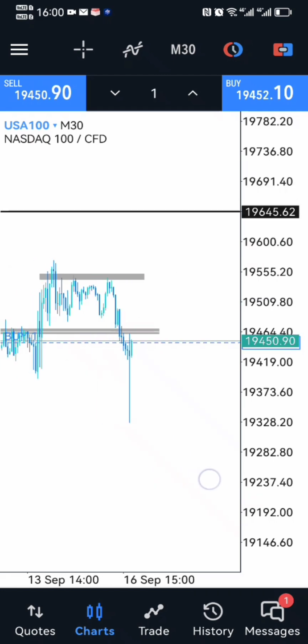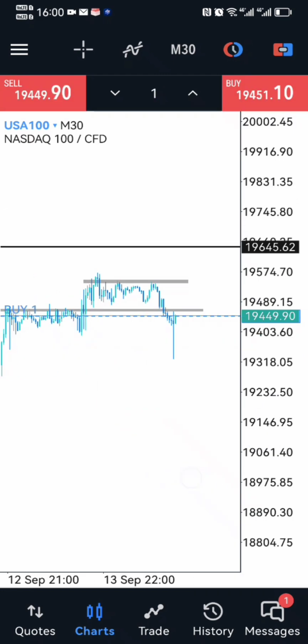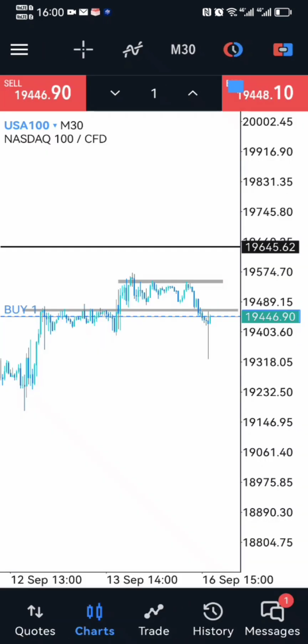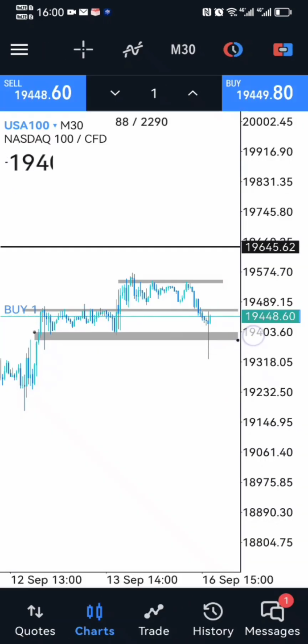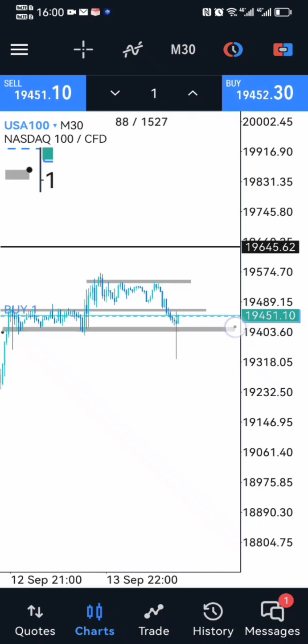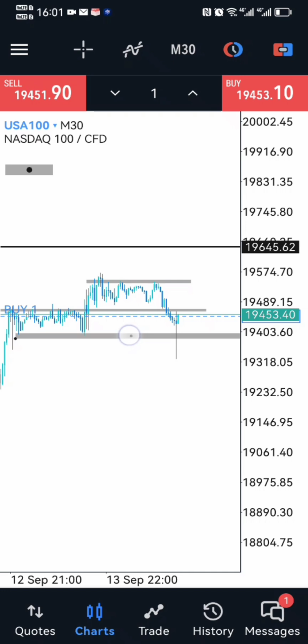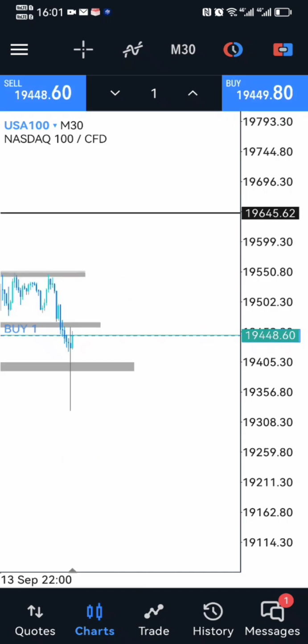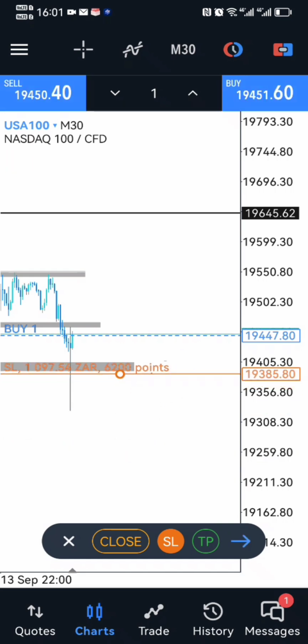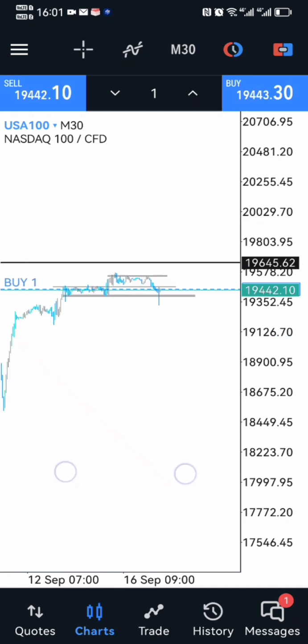So we'll come back again. We'll wait for the market to play out and see how it goes, and come back later. So guys, the reason I'm taking this trade is because of this. My account is actually on chokehold, right? Because if I take a loss, I'm willing to take a loss up to this far, so up to 8,000 rands. So my account is actually going to be on chokehold.